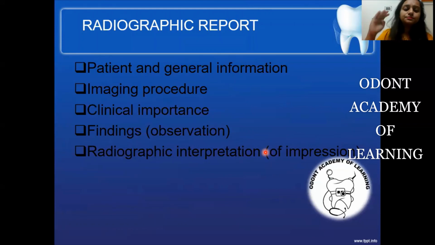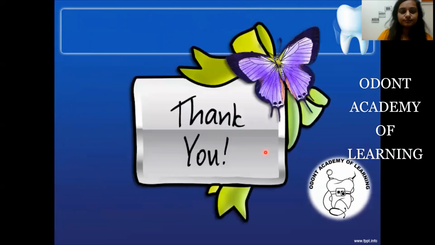And finally, when you have all of these points written, how will you come to the diagnosis? Basically, we never write the final radiographic impression. We usually write 2 or 3 differential diagnoses and then compare it with the clinical findings or do other lab investigations or chairside investigations if required, and then formulate the final diagnosis of the condition.